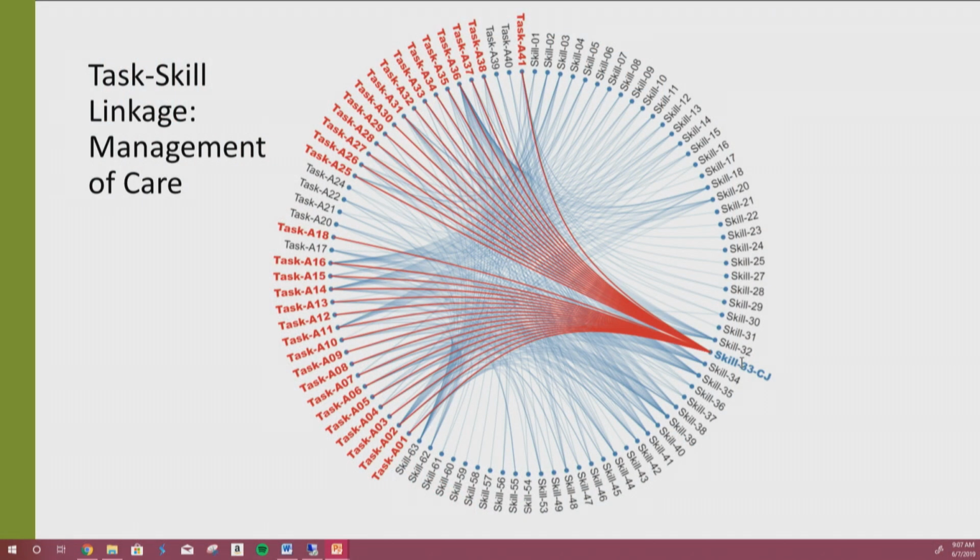And that was this. This is just on management of care. There are about 82% of the tasks related to management of care that require clinical decision making for the entry-level nurse. Why is that important? Because when we looked at, then we started doing some